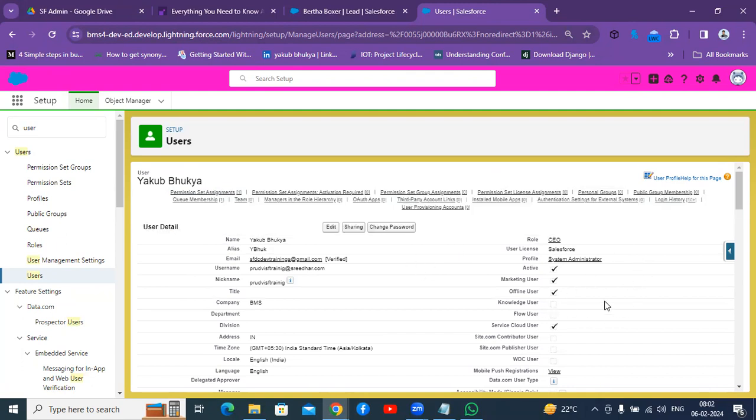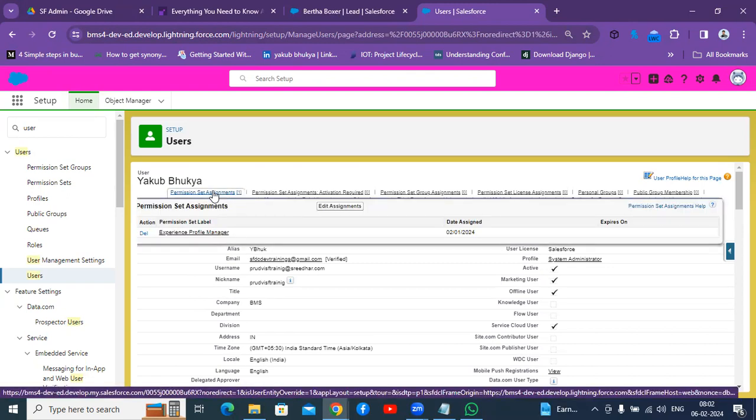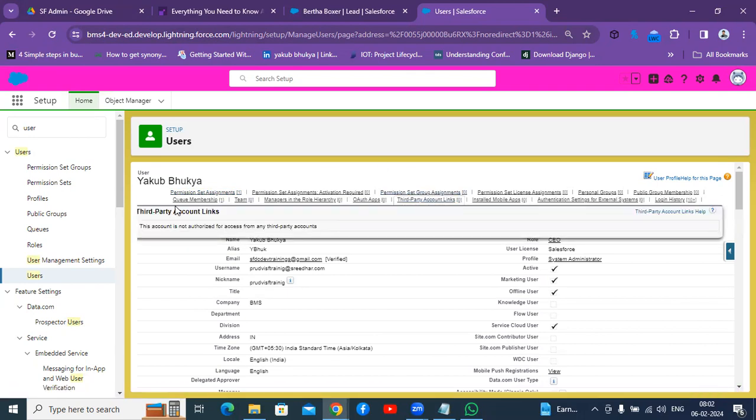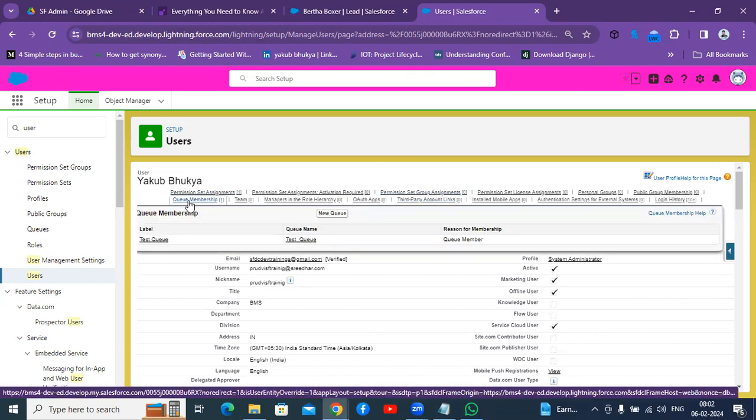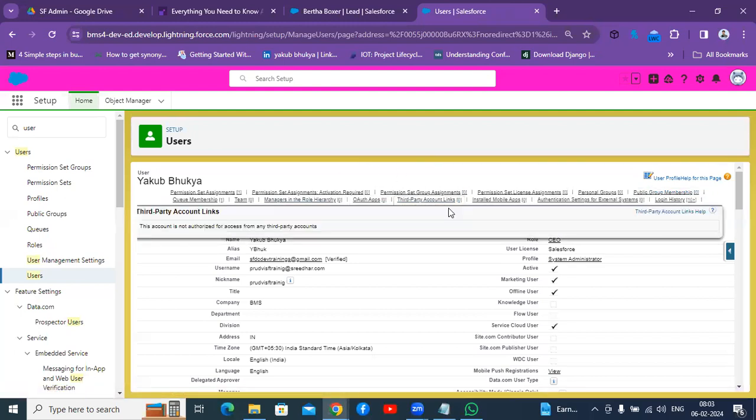Profile level access, you should check first. Profile level is common. And whether that user is added to specific permission sets or not, you can check that in permission set assignments. If it is not there, you can add it. Similarly, you can check queue membership, whether this user is present in some queue or not. Like that, all the access levels, you can check public group memberships. Everything you can check from a user also.